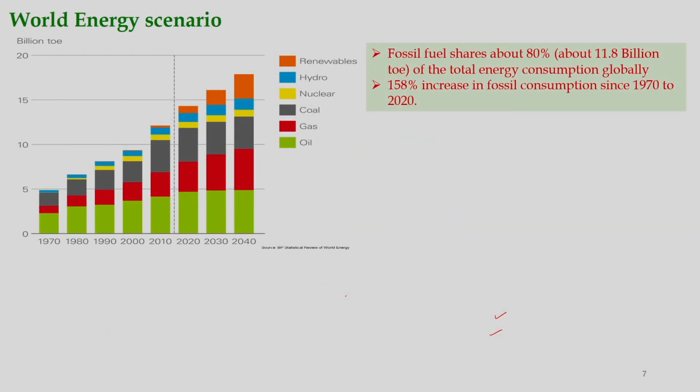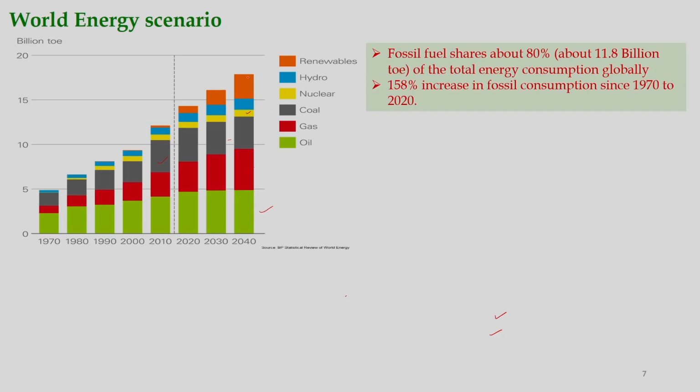Now, let us see this figure. This figure shows the comparison of energy mix from the 1970s to predicted 2040. As you can see, this share is increasing, right. This green color is oil, okay. Then the red part is gas, then this gray is coal, then nuclear is this yellow, then the blue part